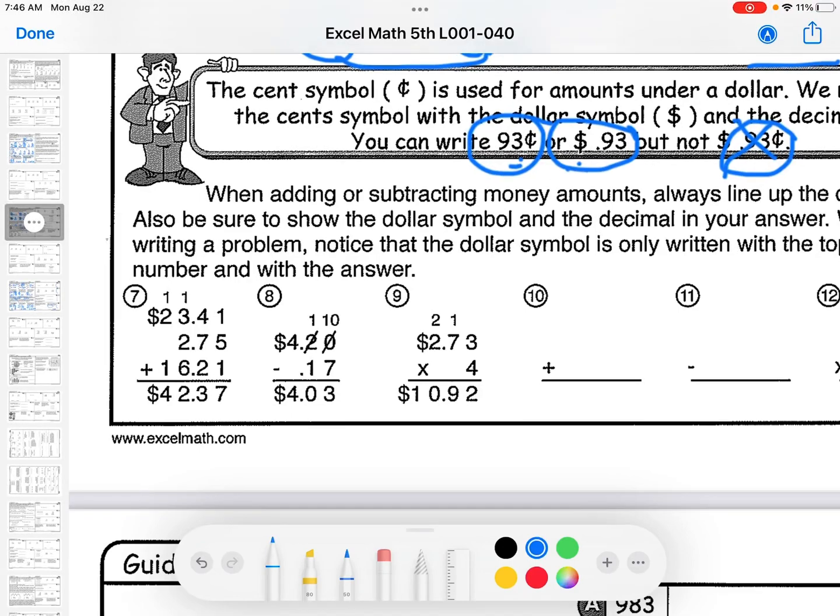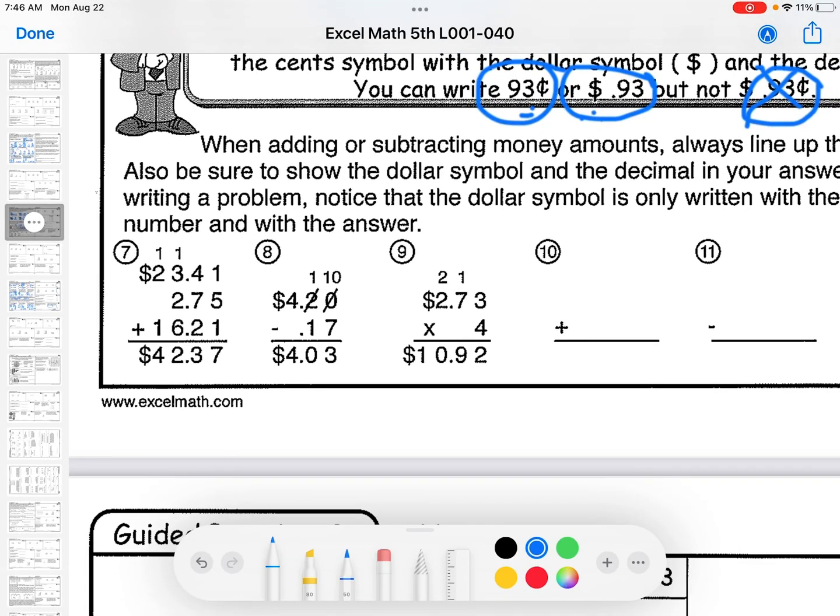Okay, here we go. We're going to try some problems down here. We have 1, 5, and 1 makes 7. 4 and 7 is 11, plus 2 is 13. Regroup with the 1. 1 plus 3 is 4. 4 plus 2 is 6. 6 plus 6 is 12. Regroup with the 1. 1 plus 2 plus 1 is 4. Notice dollar sign 42.37,